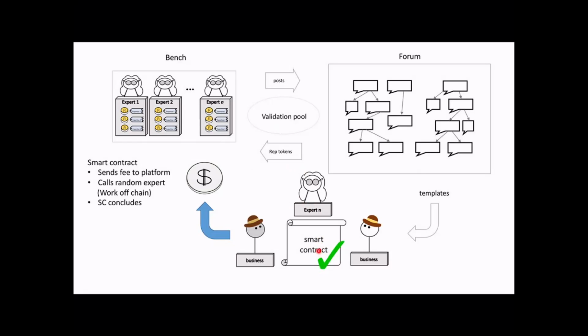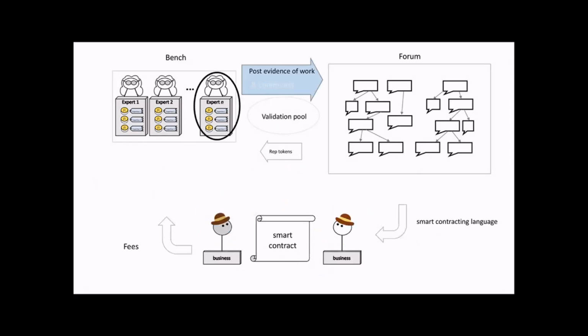In other words, in real life, right? They're not going to put any of that on the blockchain. They're not going to use a smart contract to do the work in real life. Now that smart contract is finished, when that person finished the job, they did it either well or they did it poorly. What that person is then going to do is that expert is going to post the evidence of what they did to the forum. They're going to show that smart contract was concluded, however it was concluded.